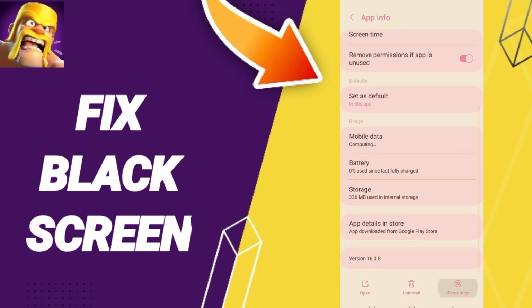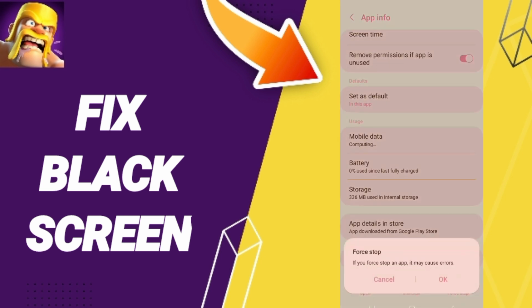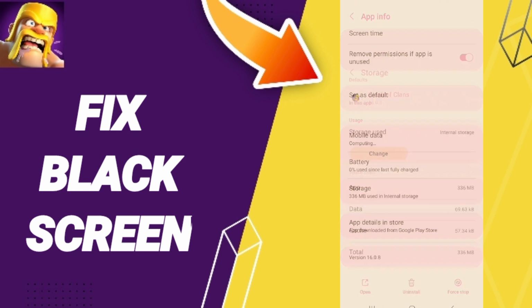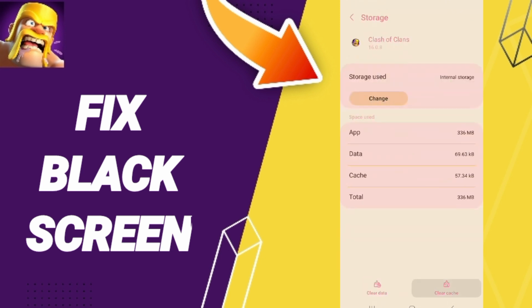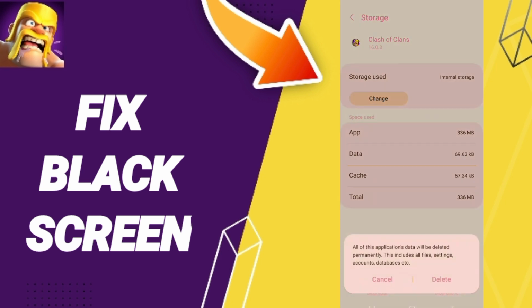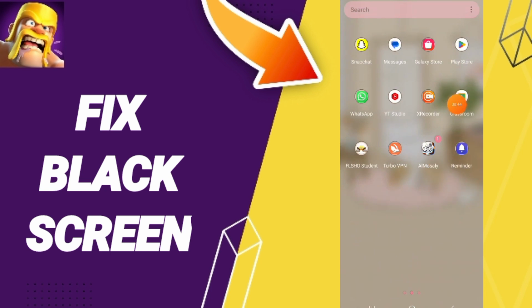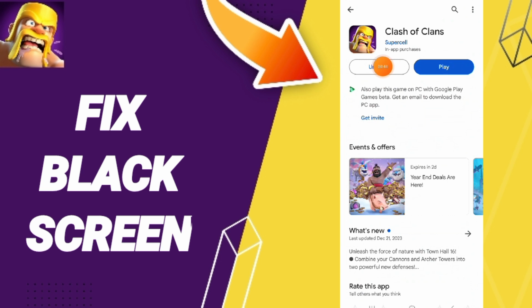Here we'll first click stop and you can click OK. Then you will enter storage. Here you can click clear cache, but pay attention, don't click clear data because that can cause you errors or can delete your account. So then you can go to Play Store, you can uninstall your app and you can